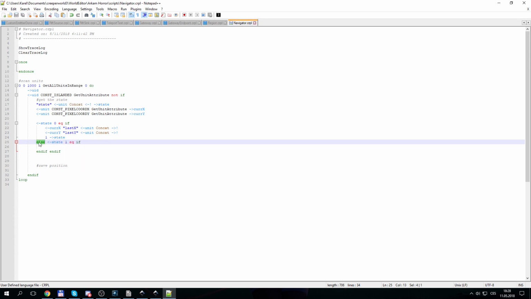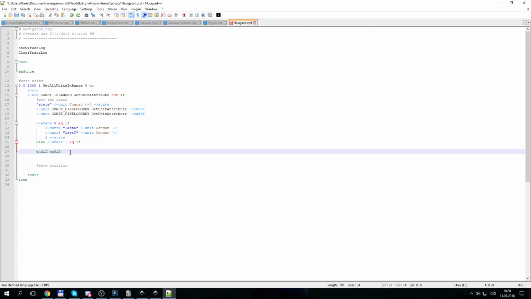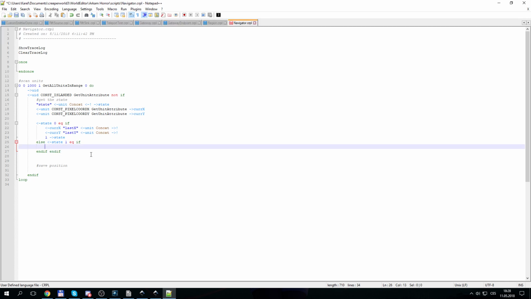Because if I put just endif here, like so, then what will happen is the state is set to 1, and then the state is 1 here, and it will follow here straight away, and I don't want that, so that's why I'm writing it like this. So the state is 1, which means the